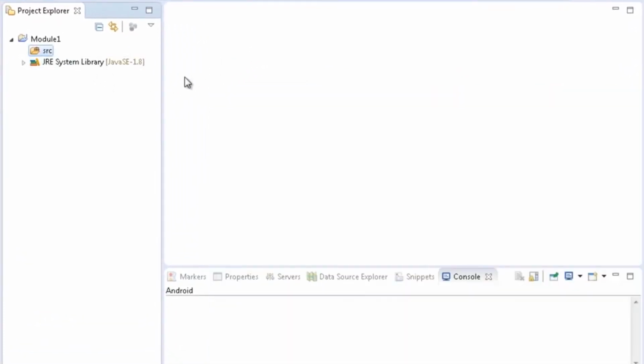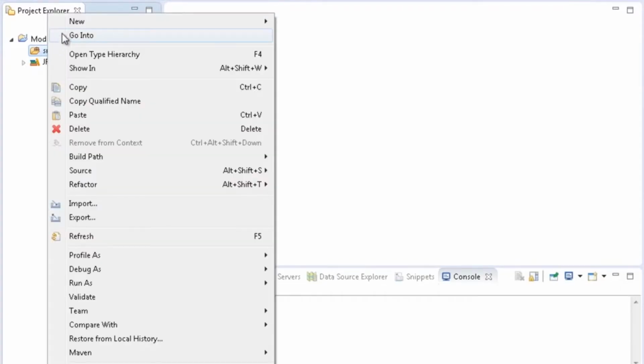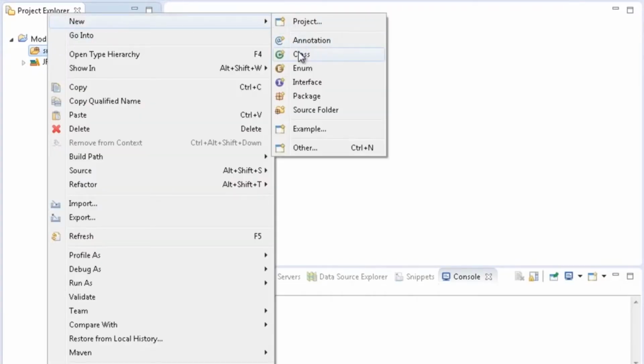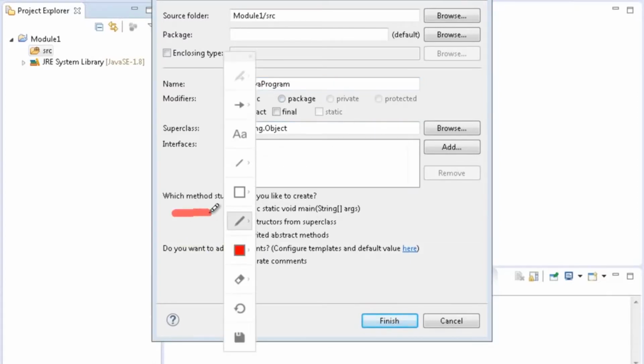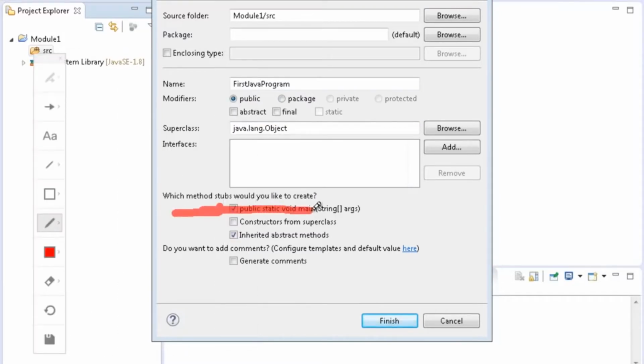So you can right click on the source folder, click on new and new class, and I will call it first Java program. Fine. And you click on this checkbox over here, public static void main, this one. Alright, what is this? I'll tell you.